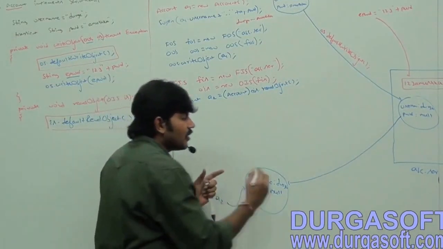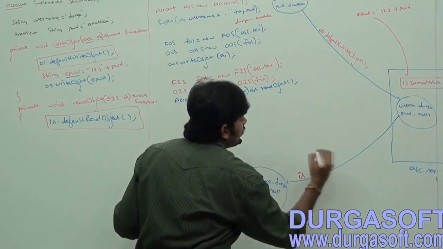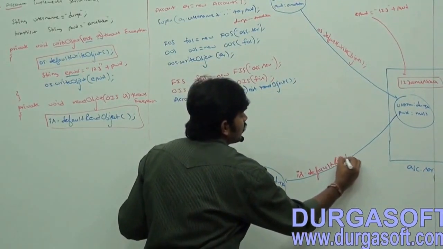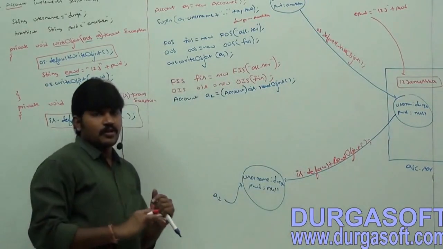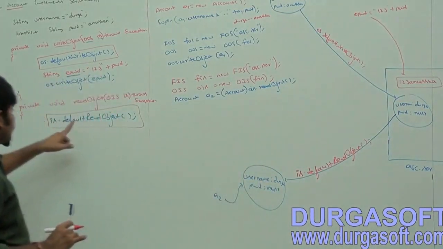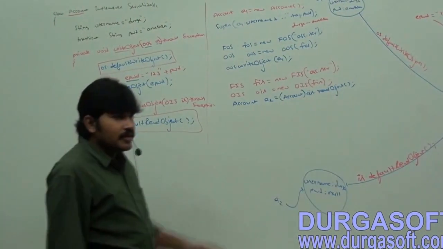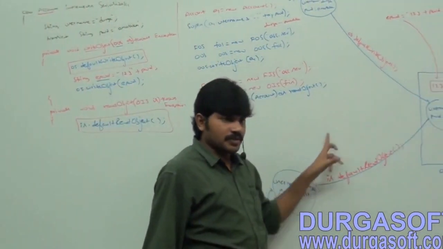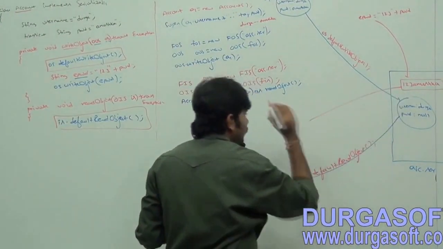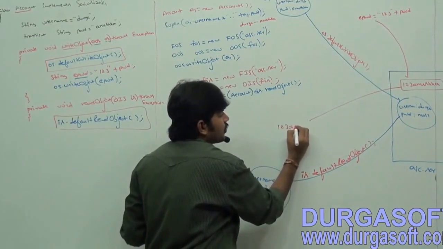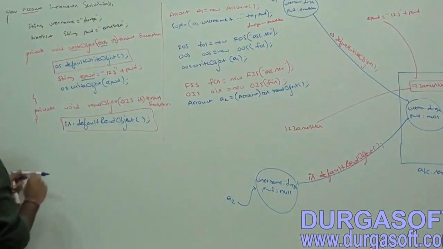Can you tell because of which line? is.defaultReadObject(). Because of that this is coming. Now the first part is completed. Can you tell what extra work remains? Read the encrypted password. First read this one. Read the encrypted password, so 123 Anushka we require. What do we have to do?